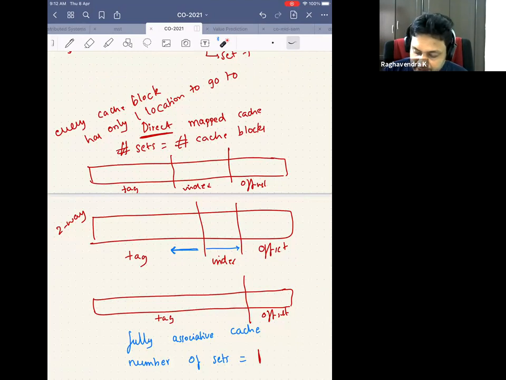If it's a two-way, then maybe I have 1 bit here, taking the example previously. So this is the index bits. If it's a direct map cache, then there are 2 bits in the index. So this keeps moving right and left depending on whether it's a fully associative cache or a direct map cache. So in the direct map cache, this index bit is 2. So I have the tag, index, offset. I hope this is clear.